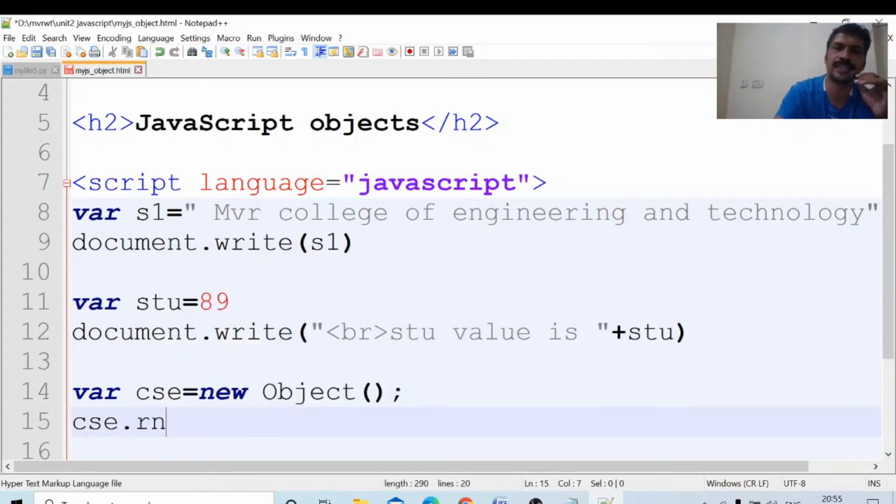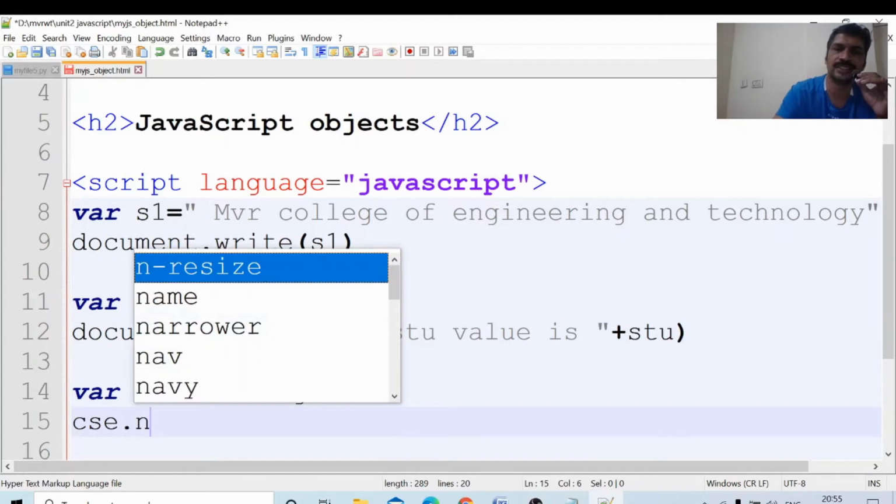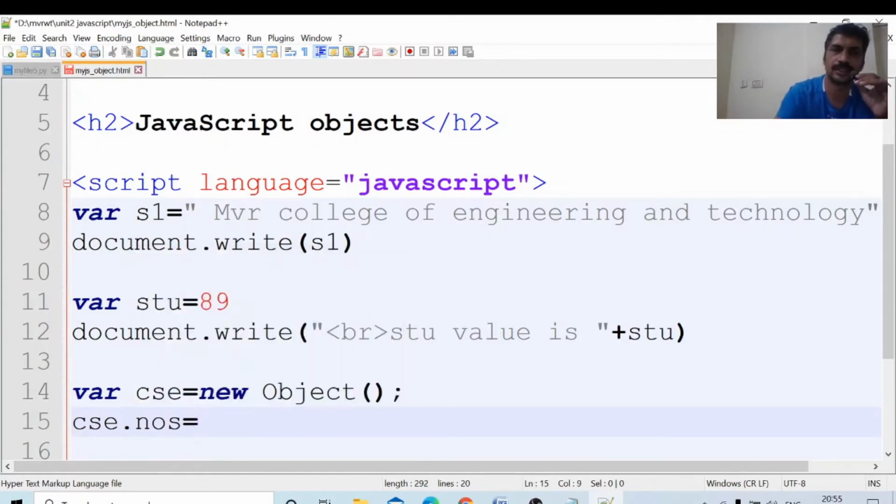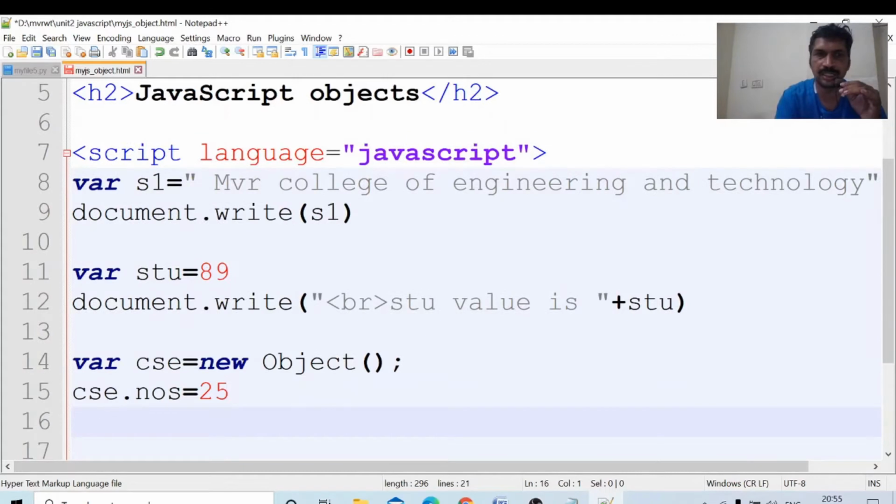CSC dot, for this object I am creating NOS, number of students. CSC.NOS. How many students are in your class? 25. Semicolons are optional.